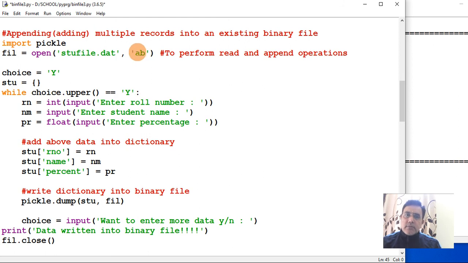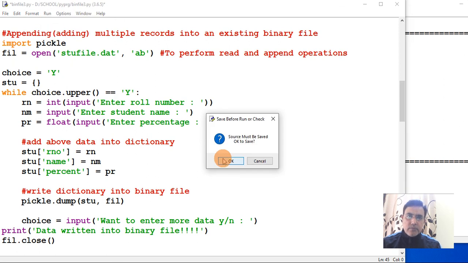If you write append mode, then previous contents of this data file will be retained, and whatever contents you are giving to this particular file, that will be added in the existing file. Okay, so earlier there were 5 records. If I run this code again now